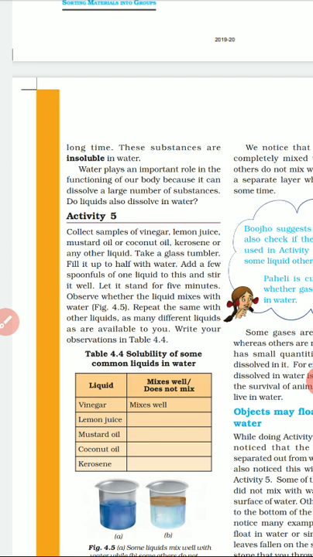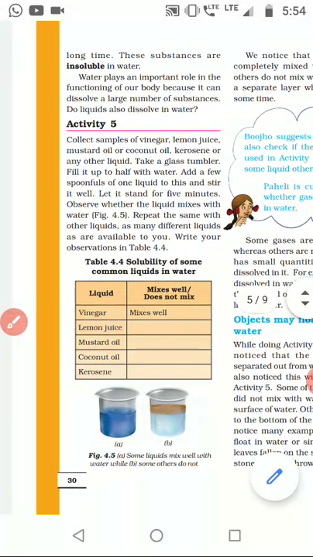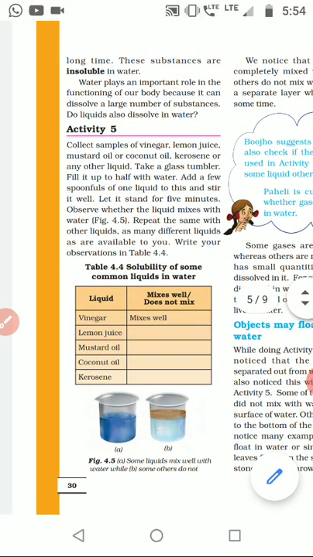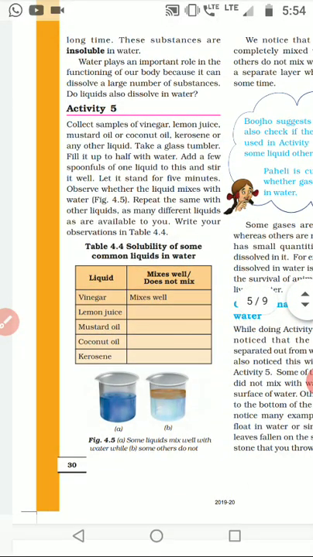There are other types of solvent also, like alcohol, ethanol, and other types of liquids, and some substances like oil cannot dissolve in water, but oil can dissolve in alcohol. So in this way there are some other liquids also in which a few substances dissolve, but alcohol and such liquids can dissolve only a few substances, while water can dissolve the maximum substances. That's why it plays a very important role in the functioning of our body, and that's why we should consume an adequate amount of water in our diet.